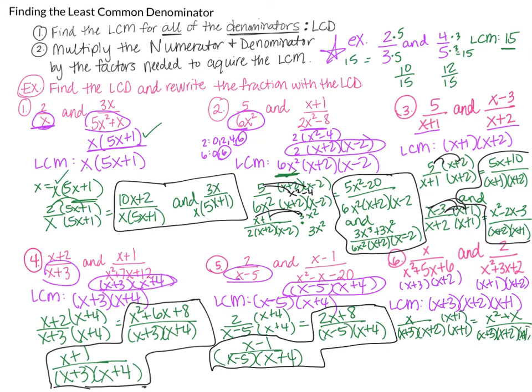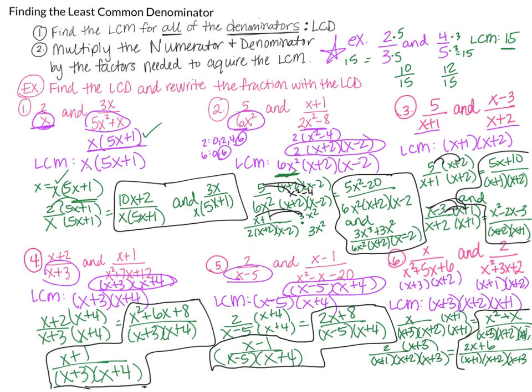Okay, looking at my second fraction, I've got a 2 over x plus 1 times x plus 2. Now I'm going to need that x plus 3 this time. All right, so multiplying that out, I'm going to have 2x plus 6 over that common denominator, x plus 1 times x plus 2 times x plus 3. So those would be my two